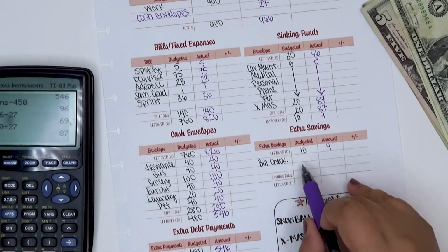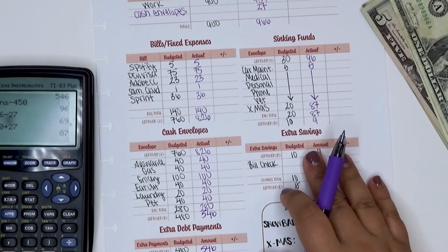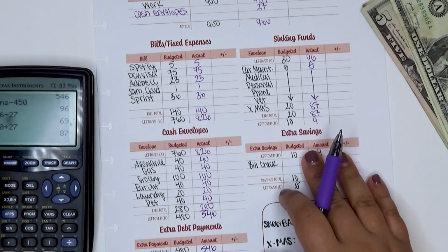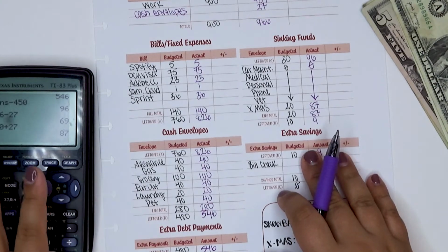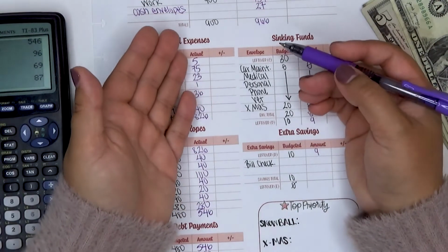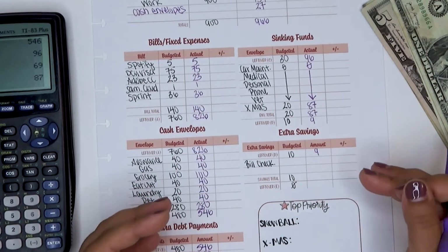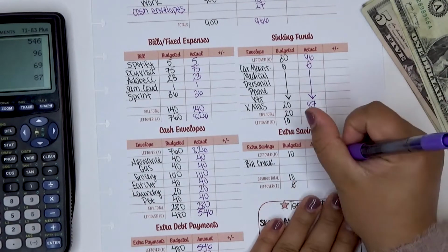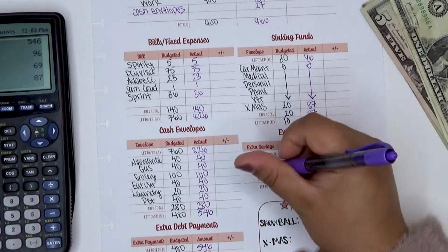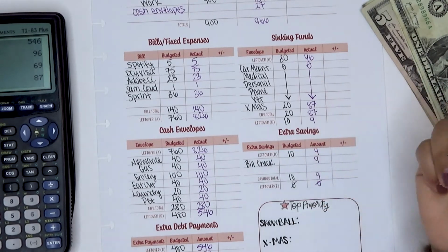I have a bills checking account that I started when I was saving ahead for my rent when I knew I was moving out. And I'm going to be keeping that as like an emergency utilities fund, I guess, because of this low income that I have right now. In case something happens and I don't have enough income to make ends meet, I can just pull from that checking account. So I'm just going to toss that $9 into the checking account, and that's going to zero out